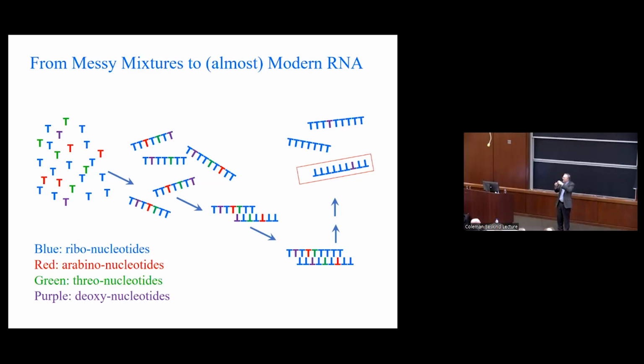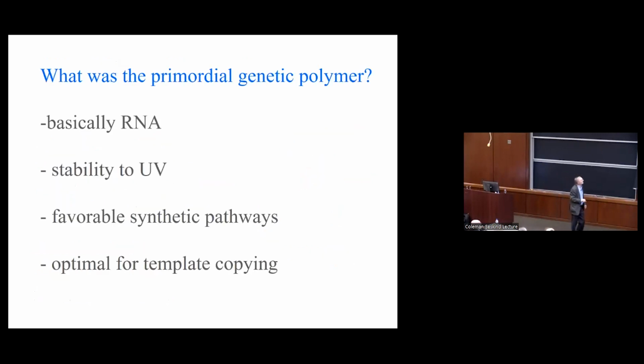And that would be now reproducible, right? Because the molecules you've made have a homogeneous backbone and homogeneous chemistry. And so that would help a lot to get Darwinian evolution off the ground. Okay. Right, so basically we think that life started with RNA, and basically it's because RNA always wins. If there's competition, RNA wins.